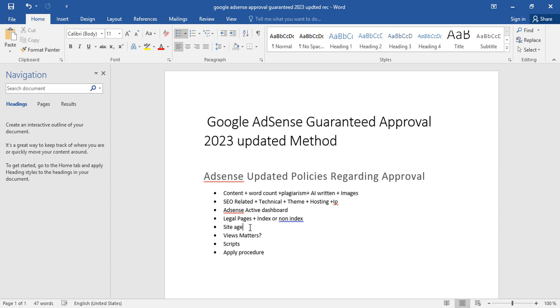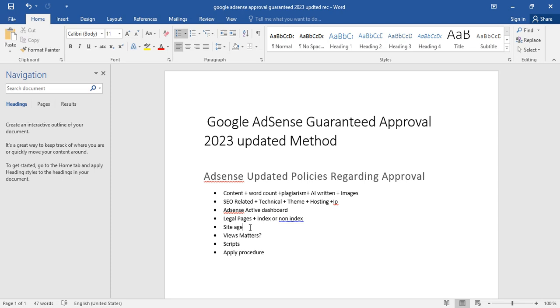Because if you are developing a website and doing SEO on it, Google knows that their system is slow in processing, and Google knows that things work slowly on the internet. Even indexing takes time. Even after indexing, your site ranking takes time.